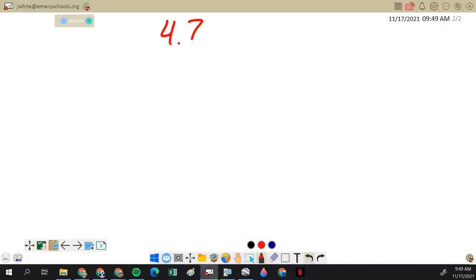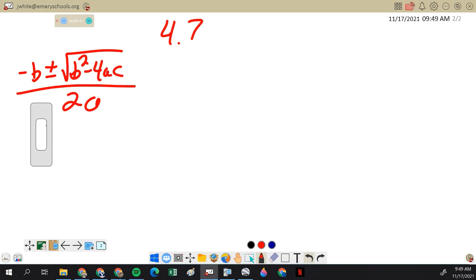4.7. This deals with the quadratic formula. So negative b plus or minus the square root of b squared minus 4ac over 2a. But this time, when we solve, we're going to get a negative square root, which is going to bring in an i. So if I had x squared plus 3x plus 10,